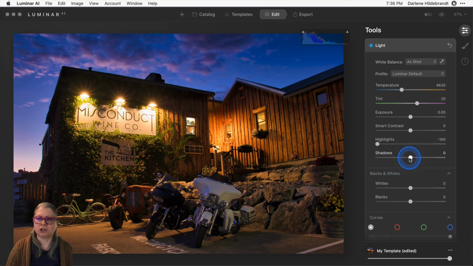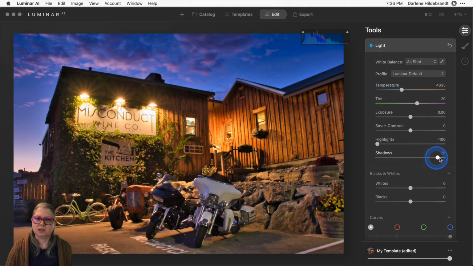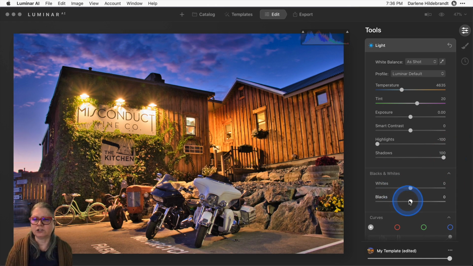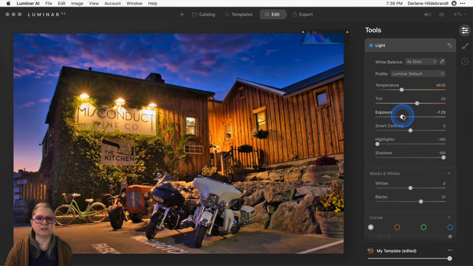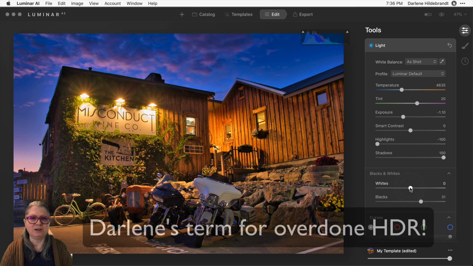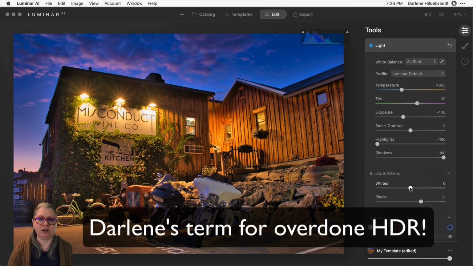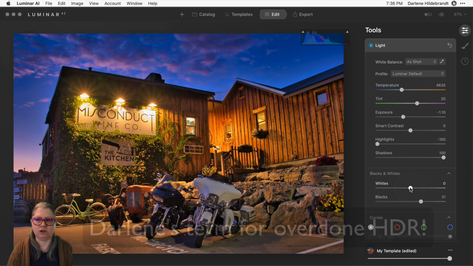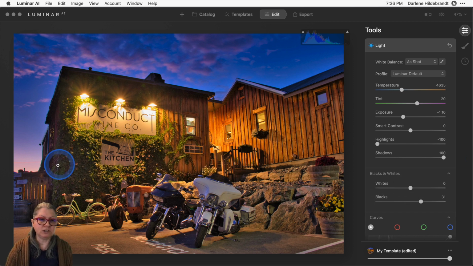Next, I might boost the shadows a tiny little bit, but just to show you what you want to avoid doing, you want to avoid doing something like this, which is what I would call neon puke. Okay, so it's my term for overprocessed, oversaturated, over HDR'd, if you want to go with that term, because now there's no shadows, and what was the shadow area is now the same tonality as what was the highlight area.